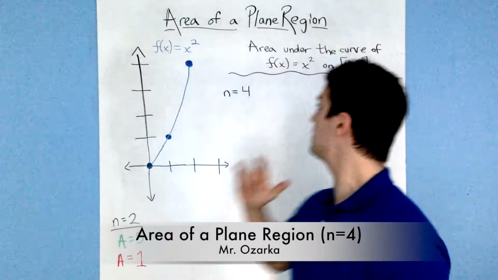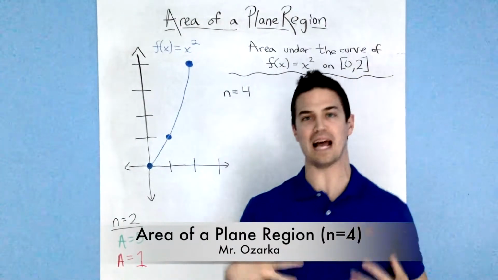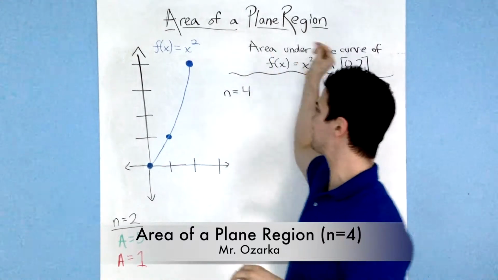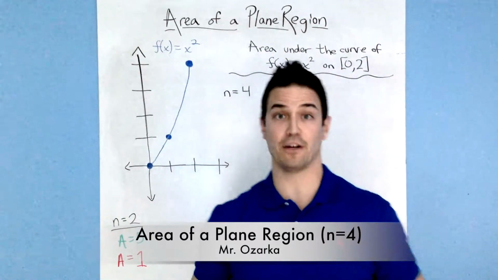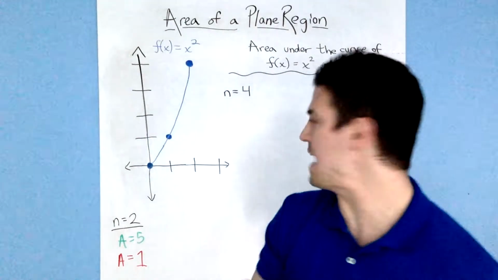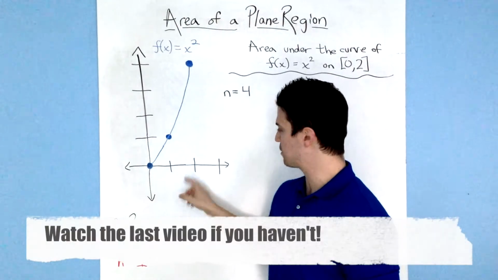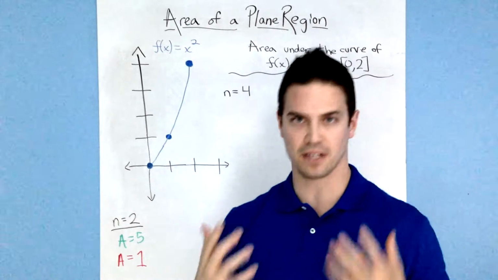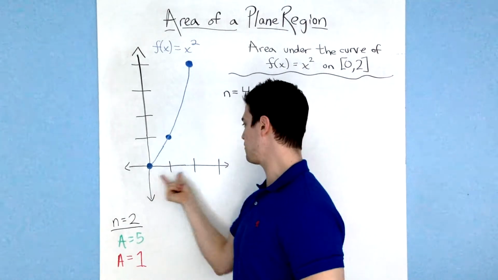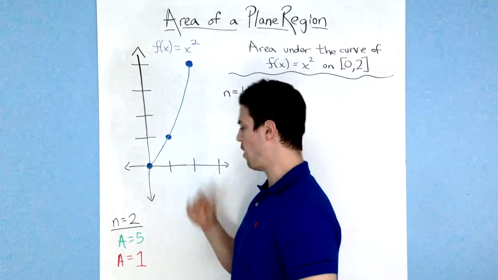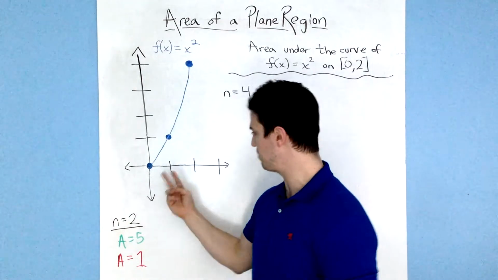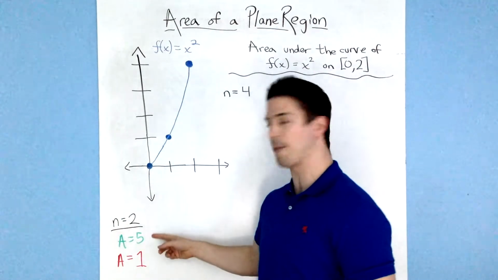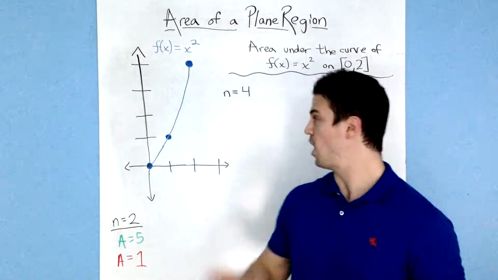Alright, so this is going to be a video that's a continuation from the last one about area of a plane region. So in the last video, if you haven't watched it, you're going to need to watch it. In the last video, we broke up this interval into two different equally spaced intervals, okay? So the width of the rectangles that we drew were both 1. Okay, so that's our n equals 2 because we drew two rectangles for the upper and lower bound underneath this